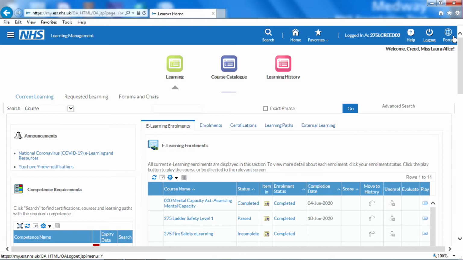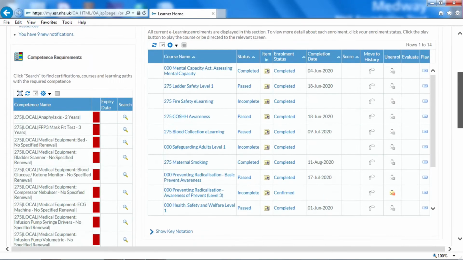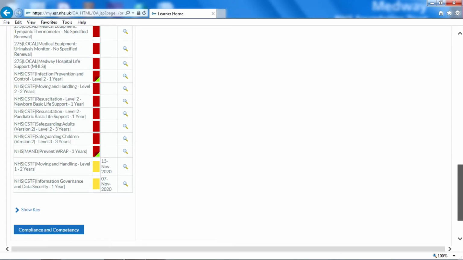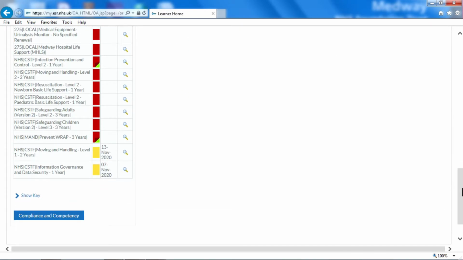And then you will be taken back to your My Learning screen with your e-learning enrolments in the middle. Now I will show you how to enrol onto a classroom session. So from your My Learning screen, if you go to a competence that you would like to book, if I use Prevent Wrap again as the example,